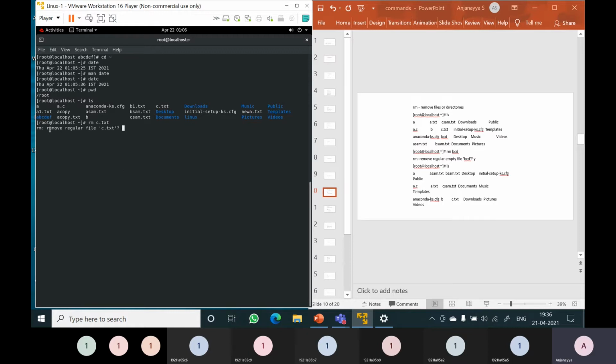Now it is asking remove regular file, yes or no. It is giving a warning whether you want to actually remove c.txt or not. y means yes, n means it will not delete. I am pressing y, so it will delete. Now I am typing ls again. Here c.txt was there in the earlier ls command. In the current ls command, it is not showing c.txt. c.txt is removed from the directory.